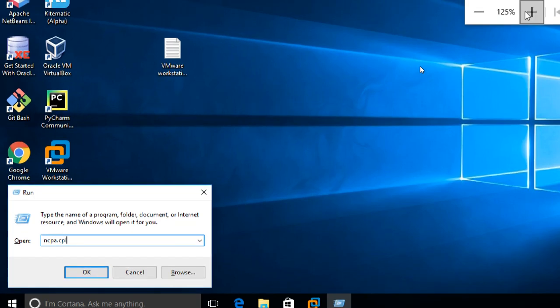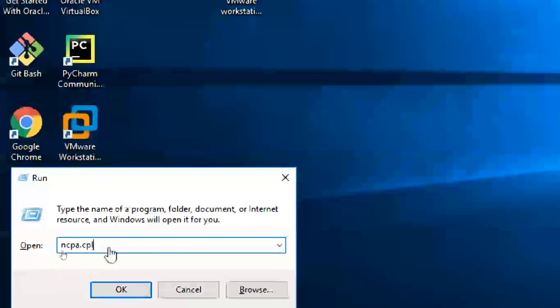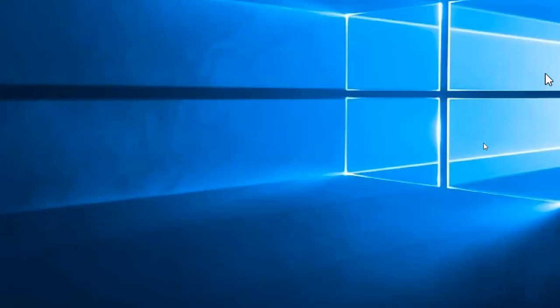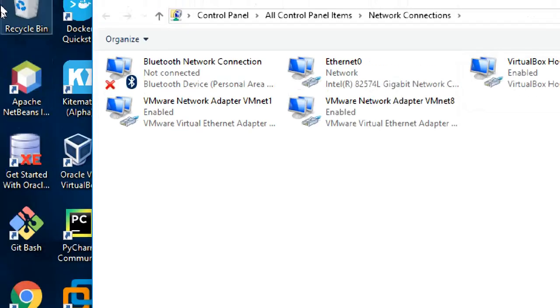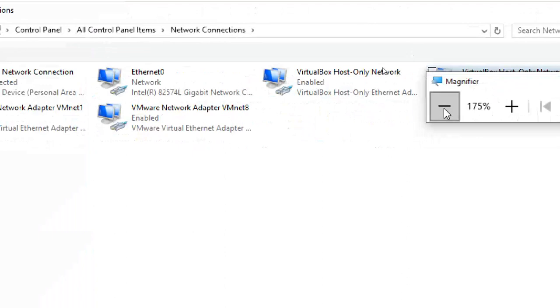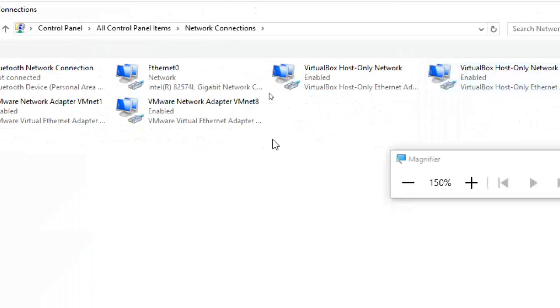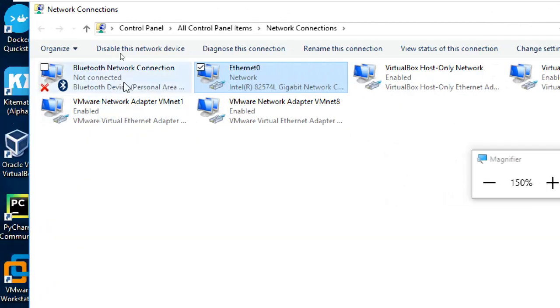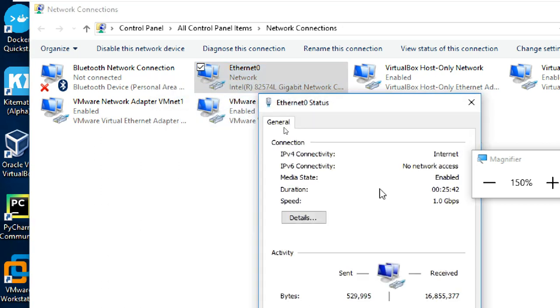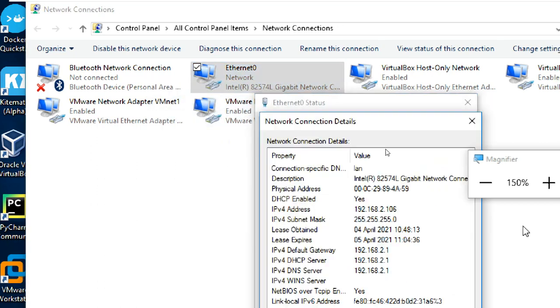You know already how to go to ncpa.cpl. Check actually what your connection is. Here in my virtual machine, it is VMnet 0, and I'm going to status details.